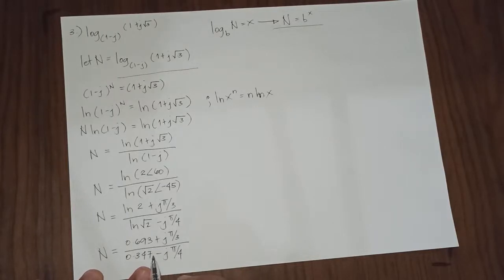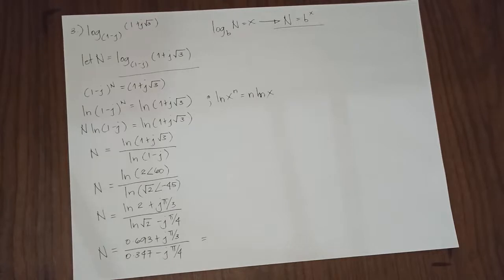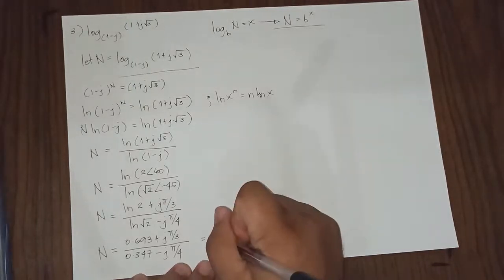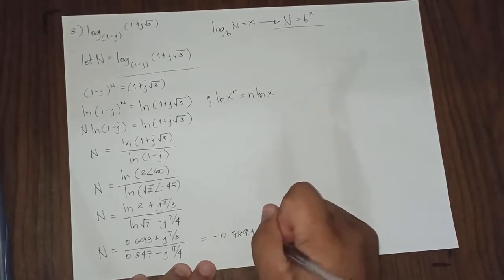Well, actually, pwede nyo nang ma-direct yan into calculator, and that is equal to 0.693 plus shift pi all over 3. Don't forget the i. And then 0.347 minus shift pi all over 4. Don't forget the i again. Then press the equal sign, and then we have negative 0.789, okay, plus j of